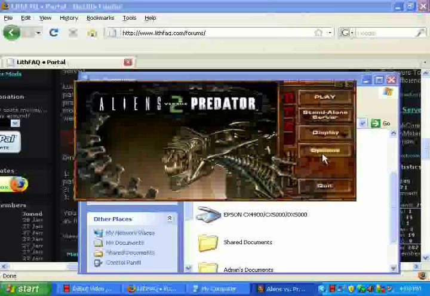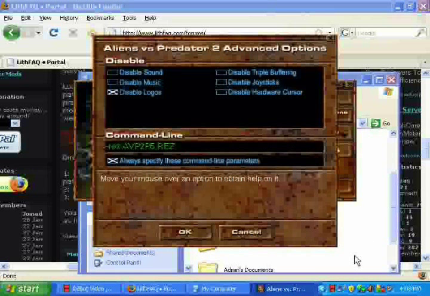You want to go to Options, and I'll just show you real quick how to type in a res command, and it should look something like this. This is what it normally looks like, and what you want to do is always specify these command line parameters. Check this box off, and in the command line, this is what it's called, command line. Right underneath it, this is the actual command line itself. Type in